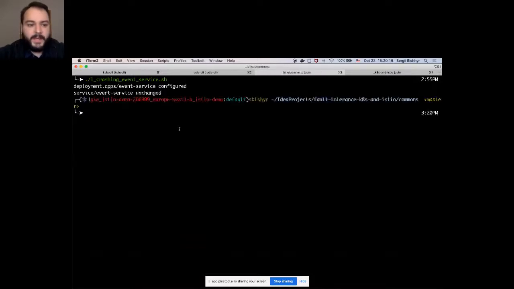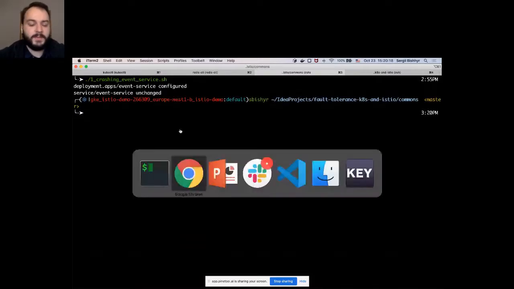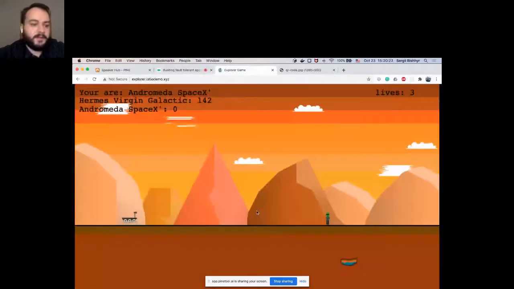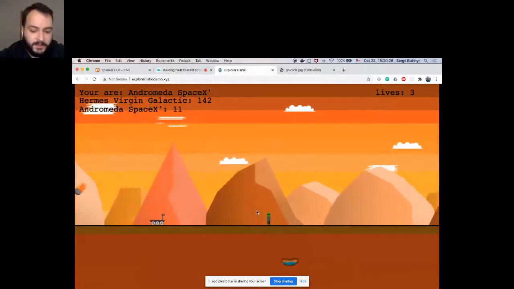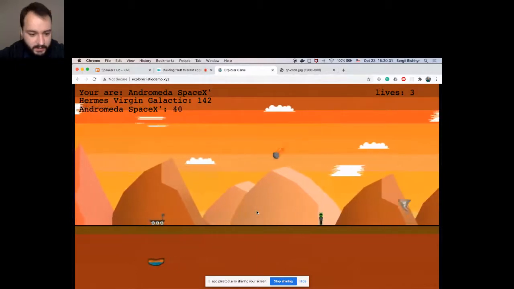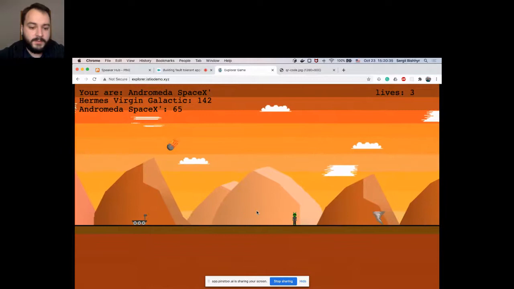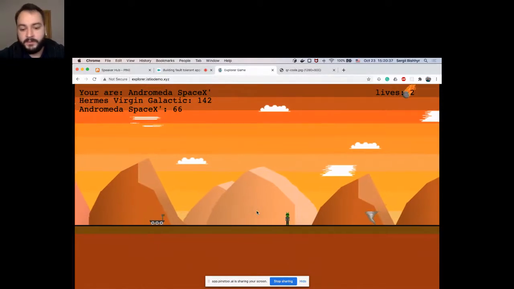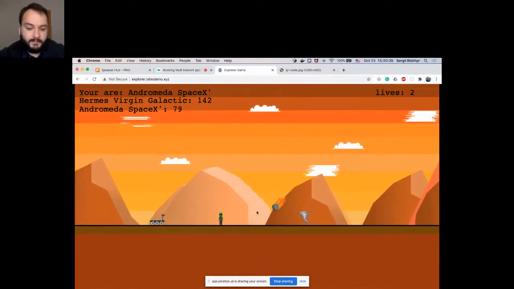The code passes all the pipeline steps. So, okay, it has been deployed. Let's restart the game and try to play the game again to see it. It should be nicer because it's a new version. The new version is always better. So I'm collecting alien form of life. I'm scanning the underground water. Sometimes I'm being hit by meteors, but that's okay.